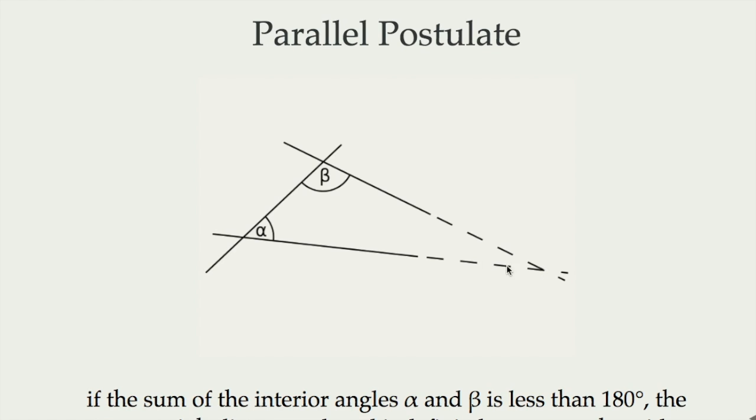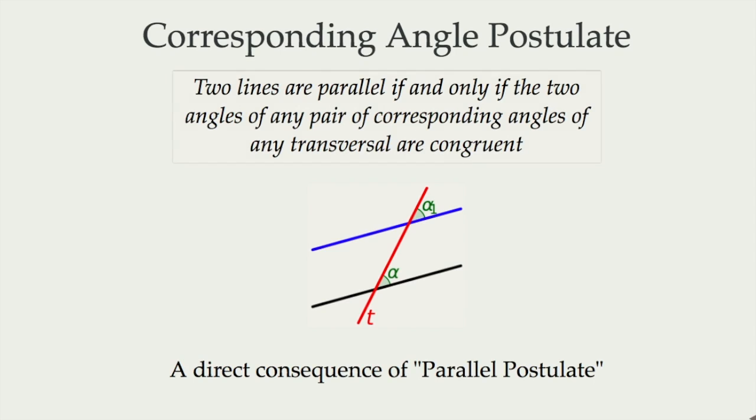Now, in other words, if the lines are parallel, then the summation here must be 180 degrees. But again, we don't prove this. We take this as a fact, as an assumption here. And based on this assumption, we can have this conclusion that if we have